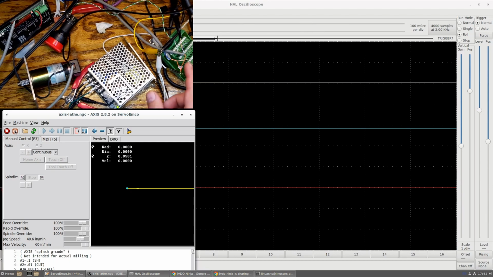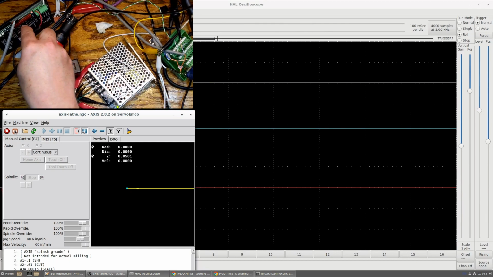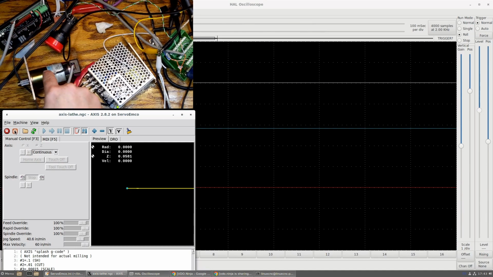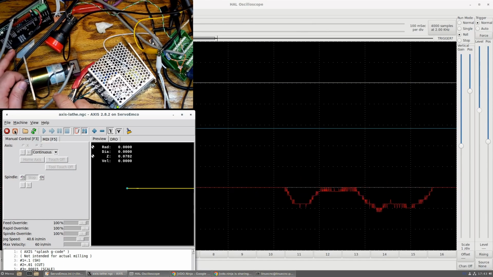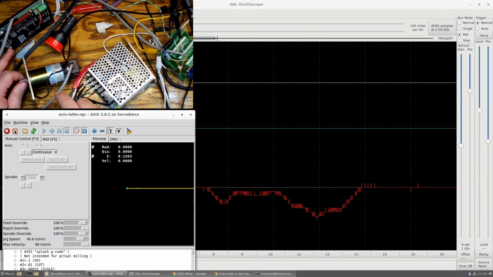So the printer port, which is running through this terminal block, is running pulse density modulation to the servo amp, which is then running this servo, and then the servo has an encoder which is going back to the printer port, or the terminal block. So if you look at this, this is the z-axis of the lathe. If you look at the z-axis on Linux CNC, you can see when I turn